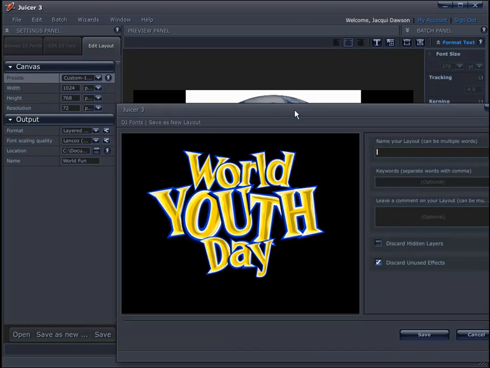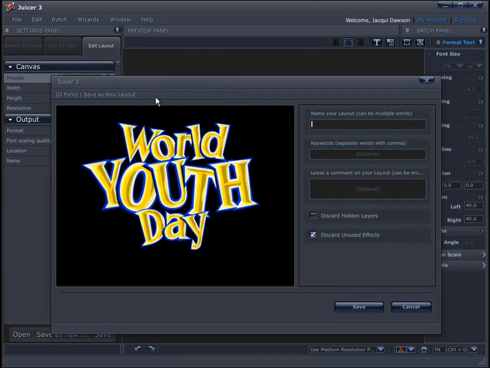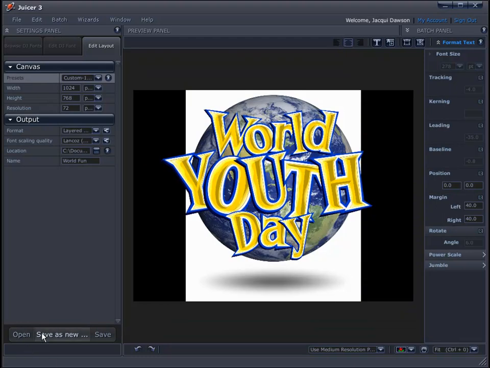And what that allows you to do is save your text layout. You give it a name, so we'll call this World Youth Day, and you can give it keywords, you can leave a comment, you can get rid of hidden layers, etc. And then you click Save, and it will show up when you go to open a layout if you click this button here. I'll go into the Save as New Layout feature in another tutorial, but because of that save